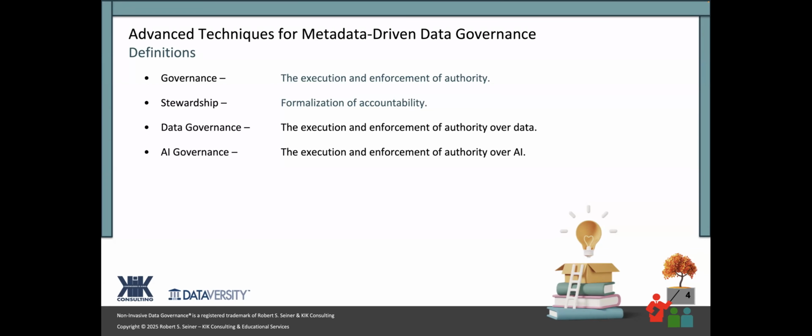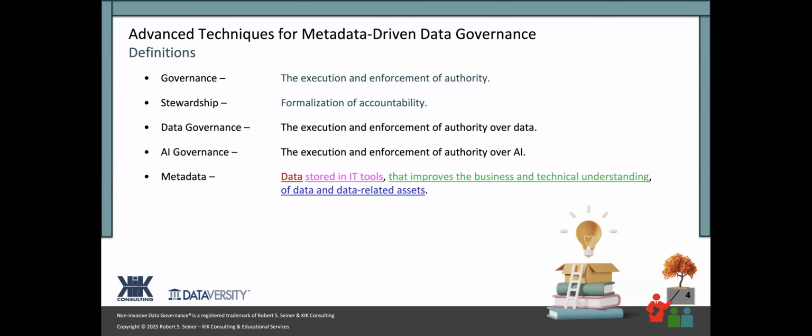And the last definition for this page that I want to share with you is my definition of metadata. The term metadata is always described as being data about data, but I take it a little bit further, and my definition is still longer. It has 4 different parts to it. So the first thing about metadata is it is data. It is something that we need to store somewhere. And I say it's stored in IT tools. Those IT tools could be the back of a napkin. If you're drawing a model on a napkin, it's not the best place to store your metadata, but it needs to be stored somewhere.